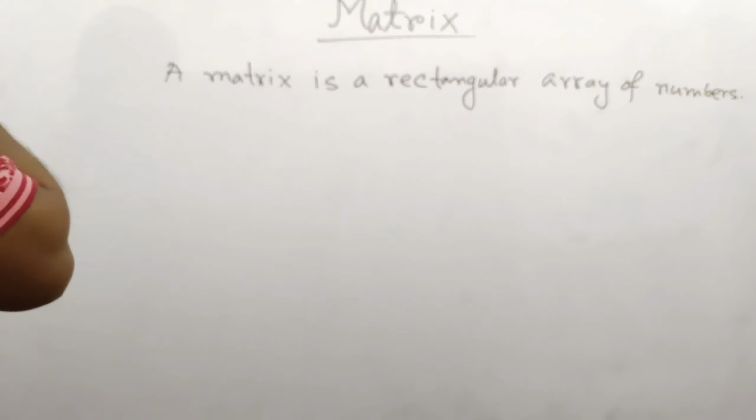So this is a 2 by 3 matrix. So you should say 2 by 3. Actually here 2 means 2 rows and 3 means 3 columns. So you should read it like that, 2 by 3 matrix. So first you tell the number of rows and then the number of columns.